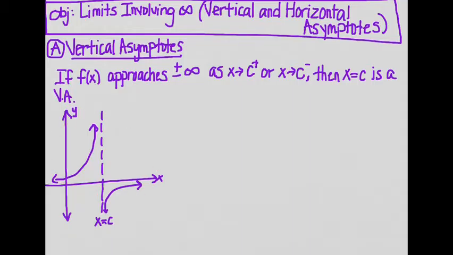If f of x approaches positive or negative infinity as x approaches c from the right, this one's going to negative infinity, or as x approaches c from the left, this one's going to positive infinity, then x equals c is a vertical asymptote. When you're looking at a graph, a vertical asymptote is easy to identify, but algebraically, if you're looking for a vertical asymptote, it's going to be where the denominator is equal to 0 and can't be